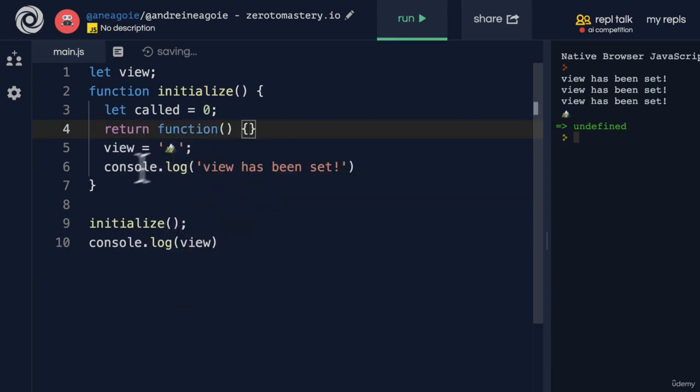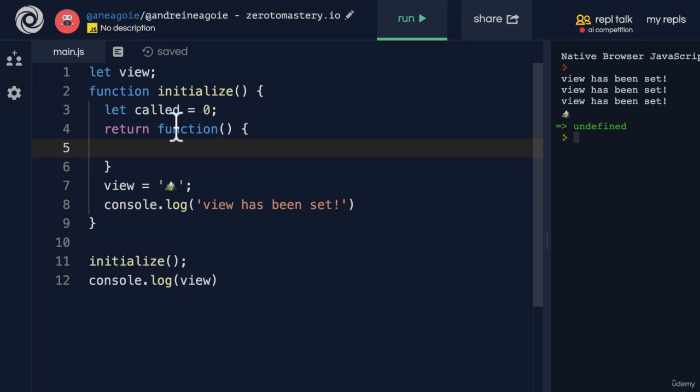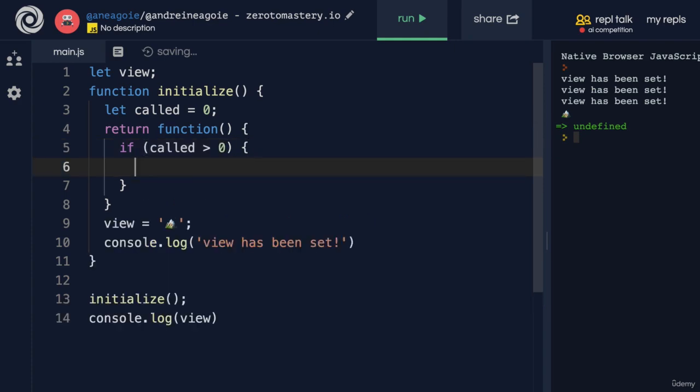So I have an enclosing function that's surrounded by another function. And in here, I can reference called, and I know that I'll have access to it, even though the outside world won't have access to it as soon as the initialize gets popped off the stack. So I'm going to simply say if called is greater than 0, in that case, just return and do nothing. Otherwise,